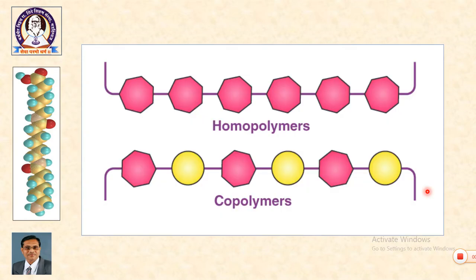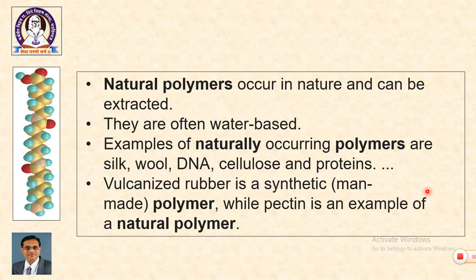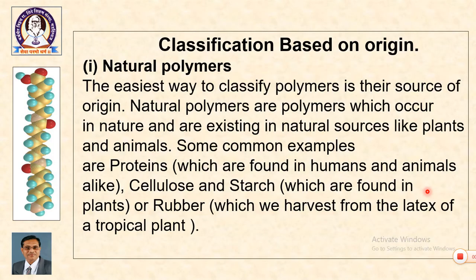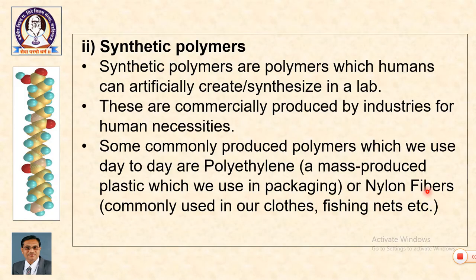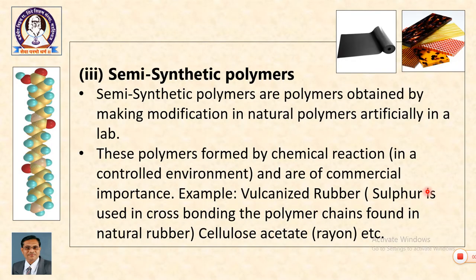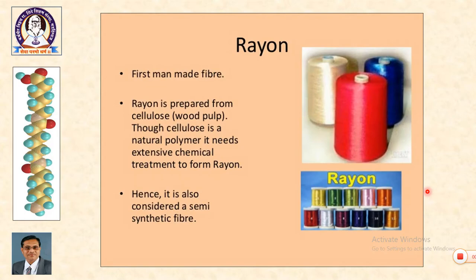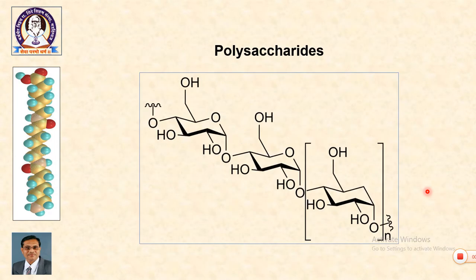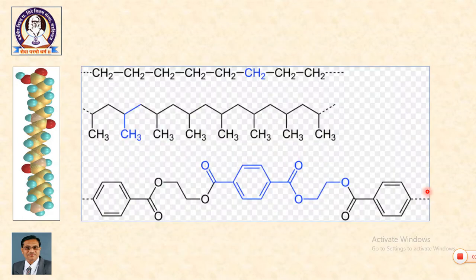This is the slide showing the difference. Okay. And then there are again subtypes. Polymers can be natural or synthetic. Let us see the difference. Natural polymers have natural origin, and synthetic polymers are prepared in the lab and industry. Then there are several classifications. Semi-synthetic polymers are natural polymers modified for additional properties. Then based upon composition, we have inorganic polymers having a backbone other than carbon, and organic polymers having a carbon backbone.